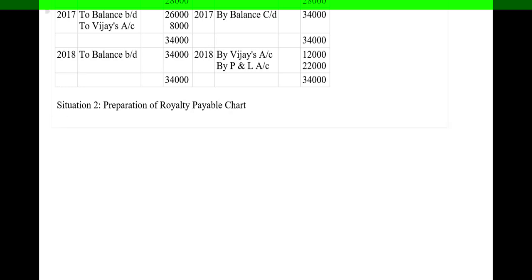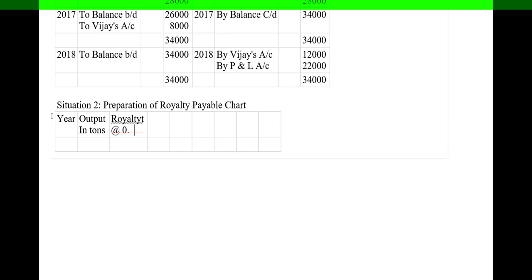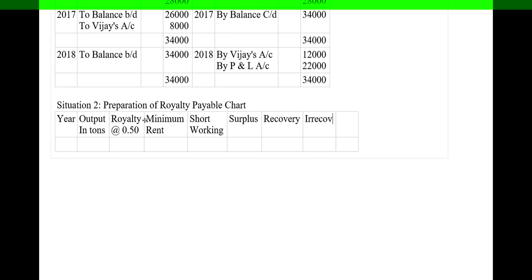So now let me insert a table here having 9 columns: year, then output in tons, then royalty at 50 paise, then minimum rent, then short working, then surplus, then recovery, then irrecoverable,